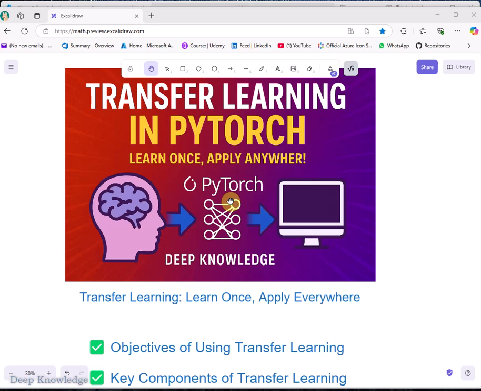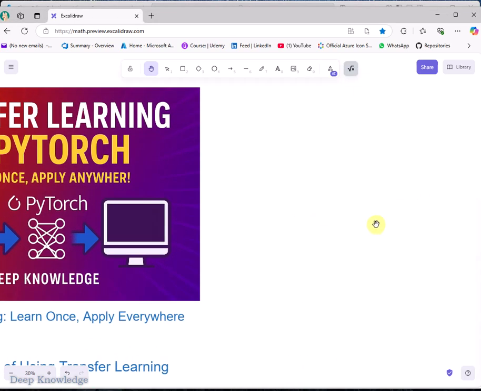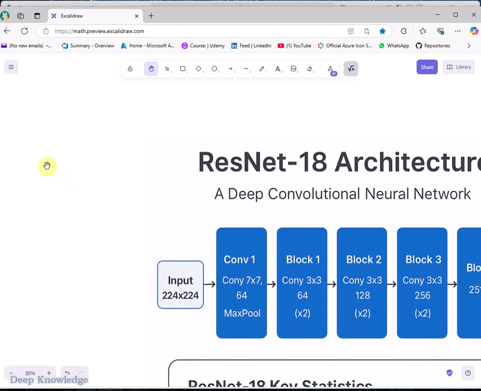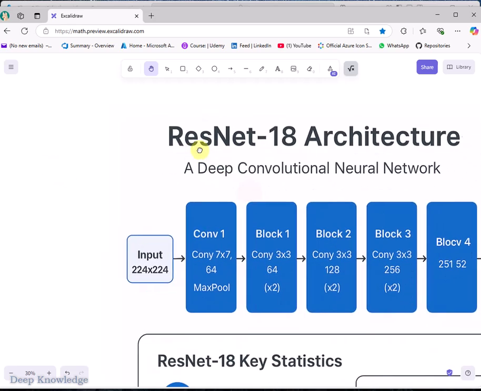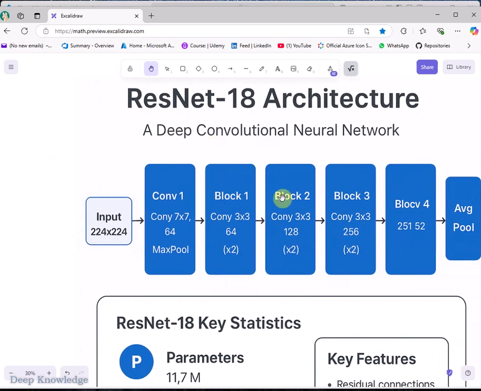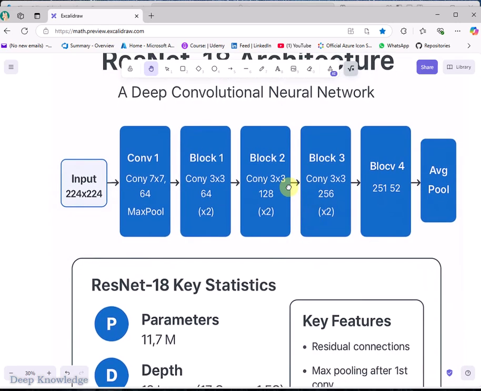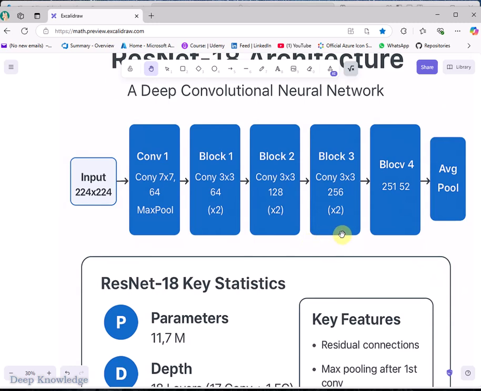Do you really need to train a neural network from scratch every time? What if your dataset is too small to train a deep learning model properly? Why spend days, maybe months training when someone already trained a powerful model on millions of images? Isn't there a smarter way to reuse the existing knowledge like we do in real life? What if your model could remember how to recognize shapes, textures, or objects